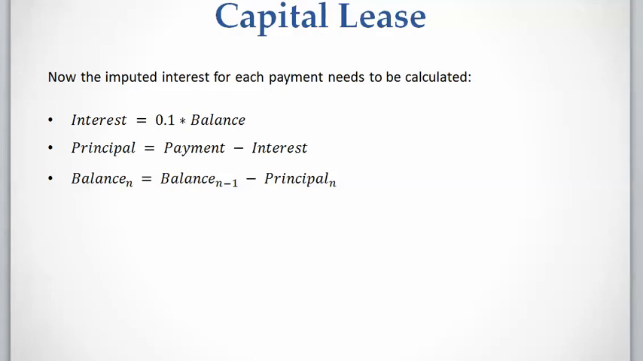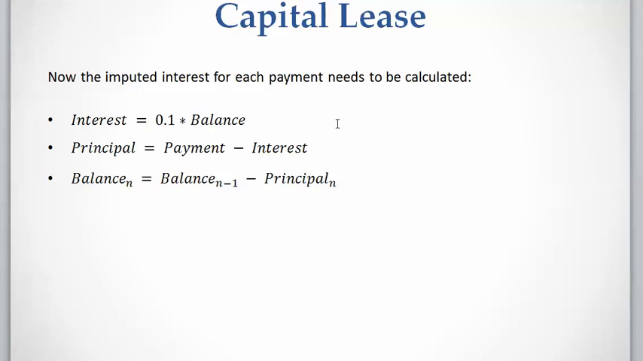In the next step, we have to calculate the interest portion of each annual lease payment. This part might be a little bit tricky, but it is not hard at all. This is the equation that we use to calculate the interest and the principal portion of each annual payment that we pay for the lease. So every year we pay